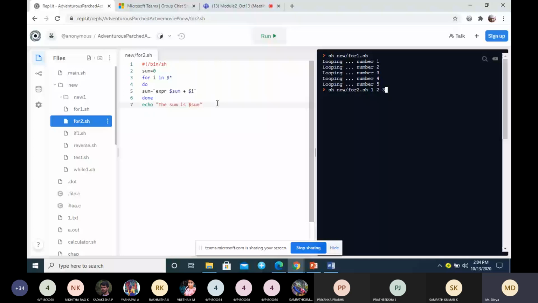You can see here sum is 6. I'll give one more value. You can see here 12 plus 34 plus 10 is 56. This is how the for loop can be used to find the sum of numbers that you pass as arguments.